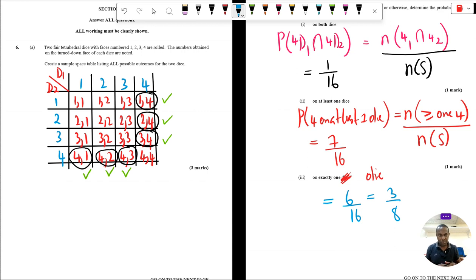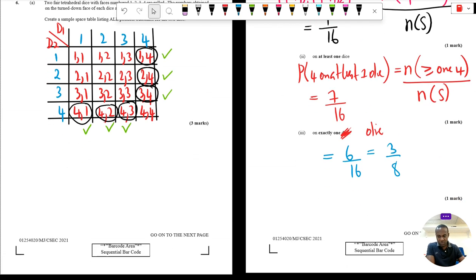So therefore, the probability of getting a 4 on exactly 1 die is equal to the number of outcomes with a 4 on exactly 1 die divided by the total number of possible outcomes, which of course gives us 6 over 16, which we express in its simplest form as 3 over 8. All right? So the answer there is 3 over 8. Now continuing,